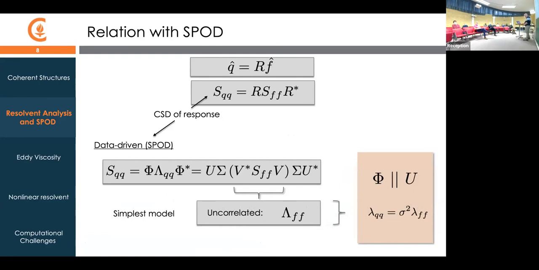The other thing to point out here is that there's good reason for hope, because a very crude, obviously too crude model of this forcing would be that it's incoherent, right? It's uncorrelated. So if that's the case, then this SFF is simply a diagonal matrix, and in that case you can see that all these things basically collapse. And we have that the resolvent output basis U is the same as the SPOD basis. So we can understand that if somehow this forcing were uncorrelated, then the resultant modes would be the SPOD modes